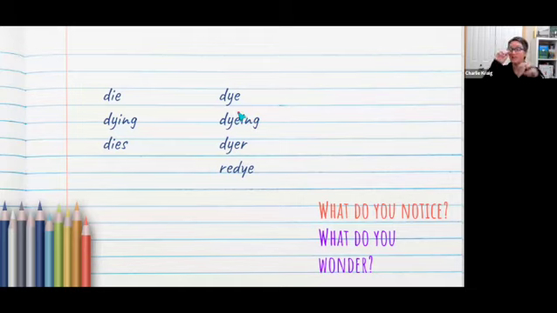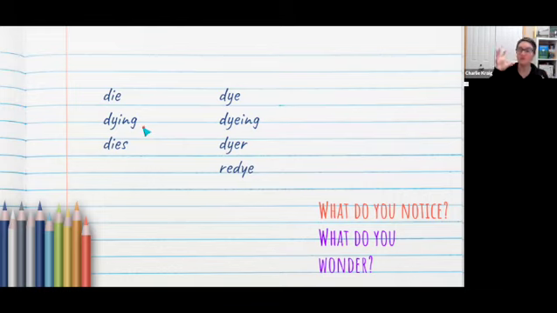Interestingly enough, the act of cutting with a die, like a shape cutter, like a Cricut machine, you know what I mean? If you're talking about the act of cutting with a die, it's DIEING. So there's another dyeing in this collection of spelling. You can also have dyer, DIER, as in one who dies. But that felt really weird, and so I did not list it because I couldn't think of a time when I would ever say, I'm the dyer. It's not a phrase I would typically use.